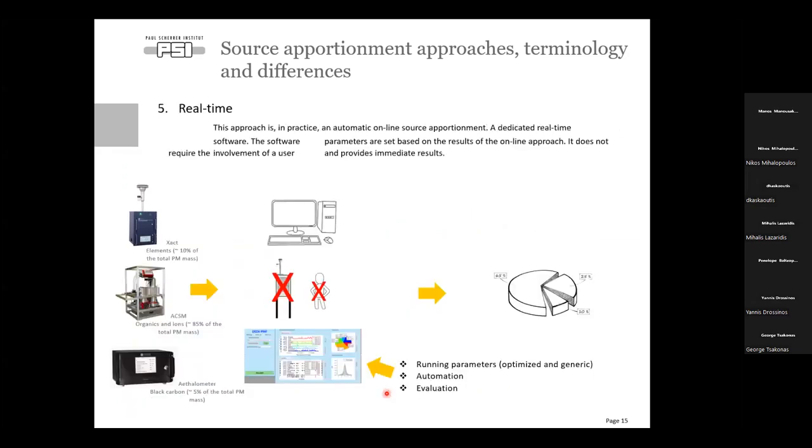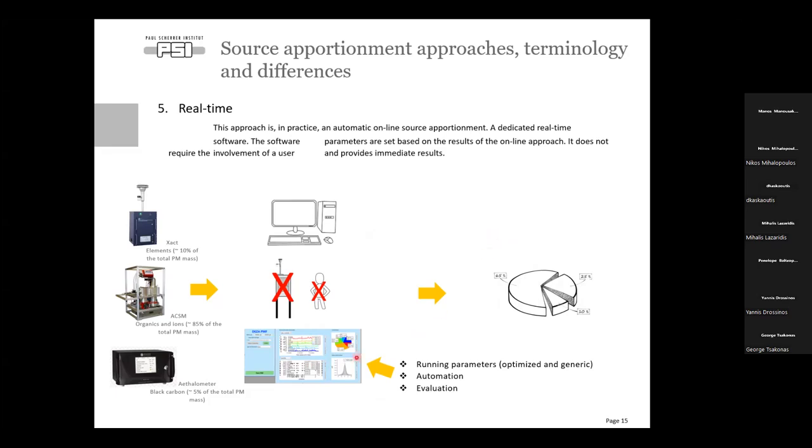And finally, we have some other approaches. We call them real-time. Those approaches start gaining more and more ground lately. So in this case, we again need online instrumentation, of course, instrumentation that provides the data in a near real-time manner, in a high time resolution.